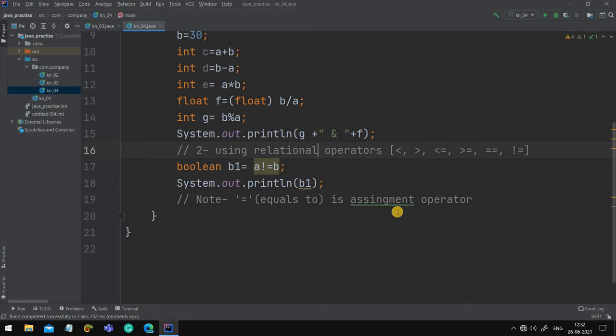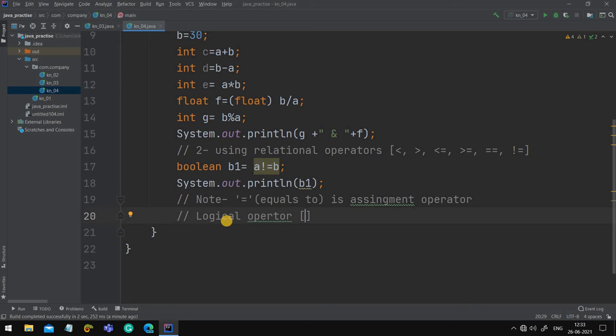Now logical operators is a very easy topic. Logical operators are used in if else, but many times you need to build logic. For example, here, are they equal or not? For that also you need to build some logic. Now let's see about logical operators. And sorry for the error, I told you that they are logical but they were relational operators.